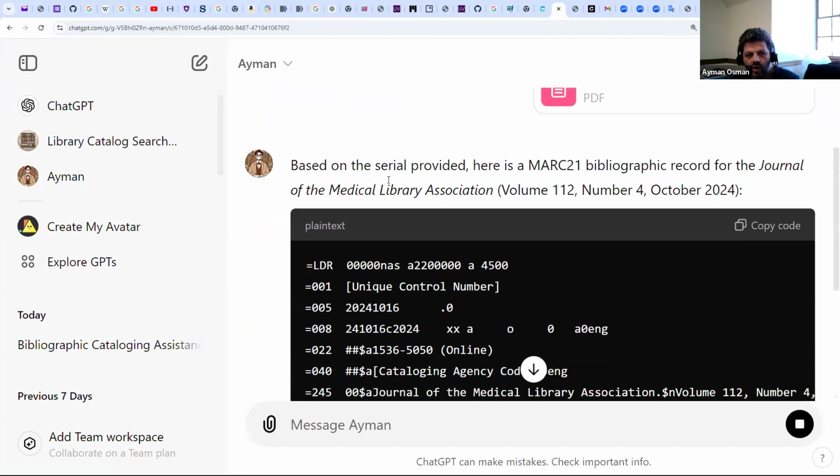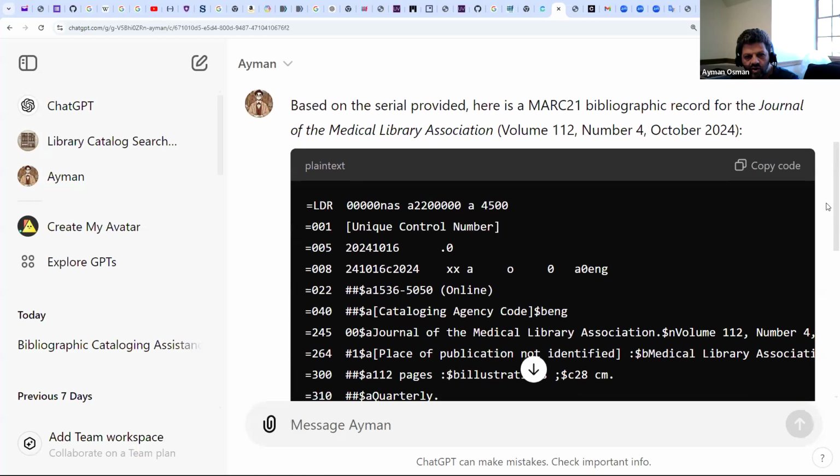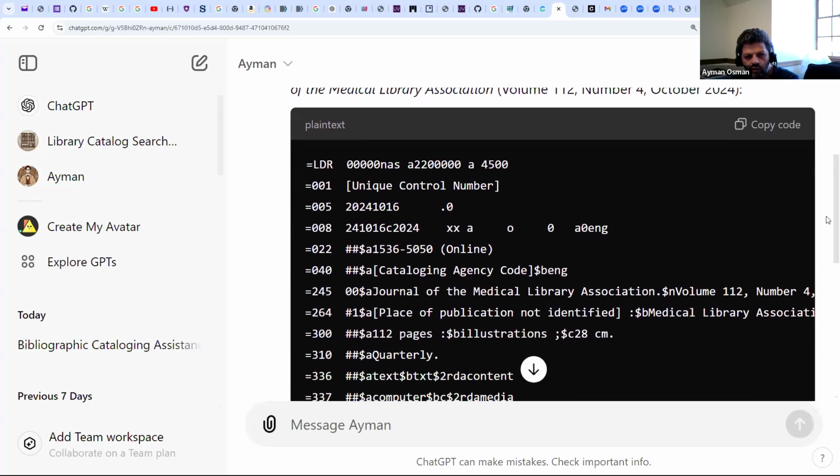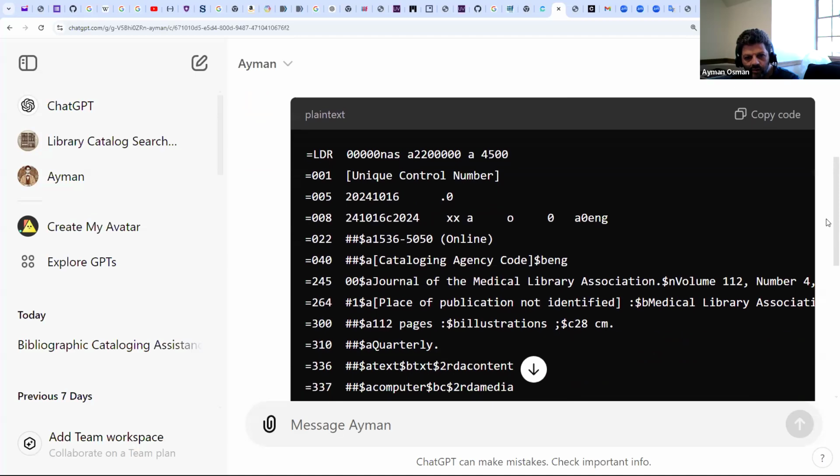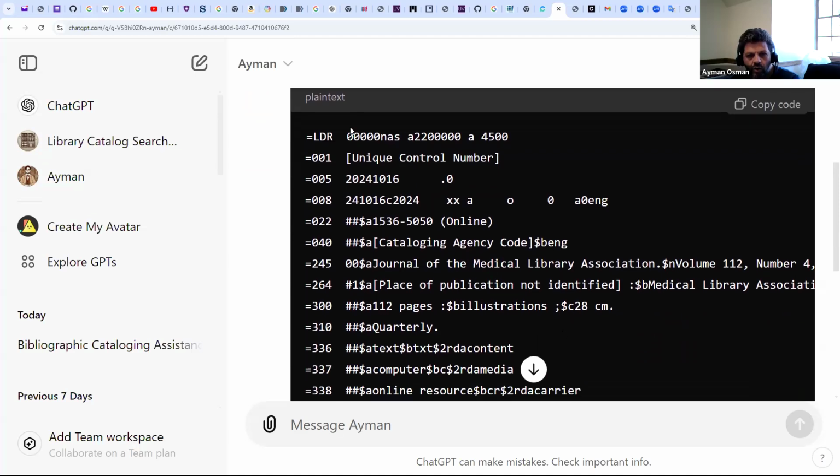So it's telling me that based on the serial provided, here is the MARC 21 bibliographic record for Journal of the Medical Library Association, which I just uploaded now. It's only one issue that I just uploaded: volume 112, number 4, October 2024. And here ChatGPT is trying to give me a MARC 21 record for this serial title based on one issue. So first of all, it gives me the leader, which is 000 in a MARC 21 bibliographic record, and then 001,